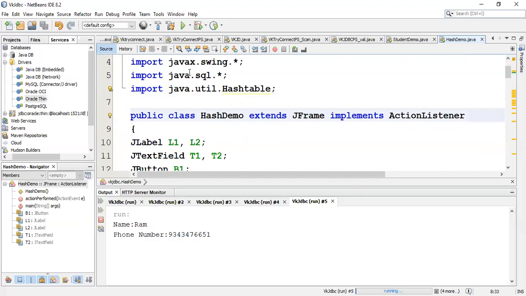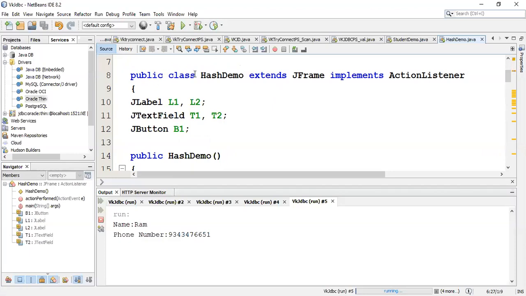Then Swing because all the Swing components are there, JLabel, JTextField, etc. SQL I must use because I have to execute SQL statements, Java database connectivity. Then because I'm using a hash table, I have to import the java.util package. Okay, let's go ahead with the program.